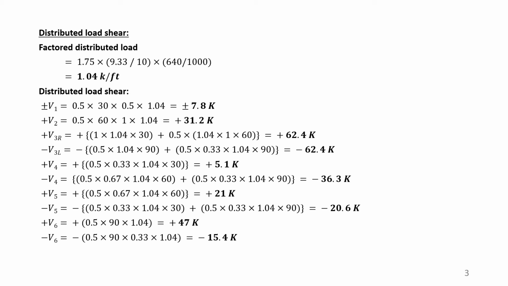31.5. And for the next one, this is 3 right and 3 left. 3 right, for distributed load, is 1 multiplied by 1.04 into 30 distance, and the other one is the triangular one, that gives us a value of 62.4,